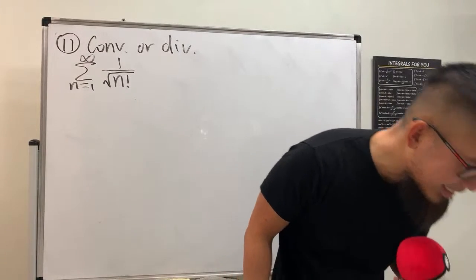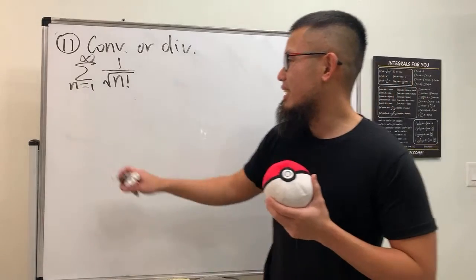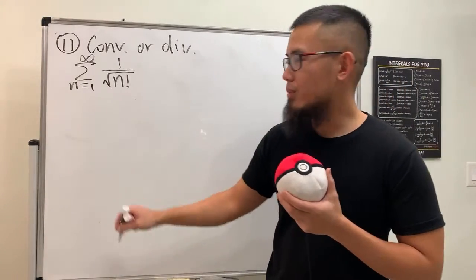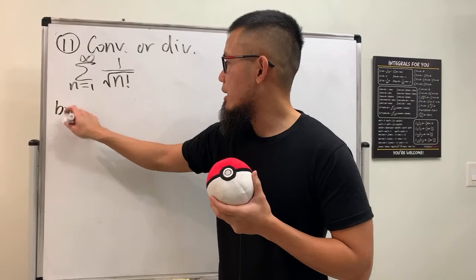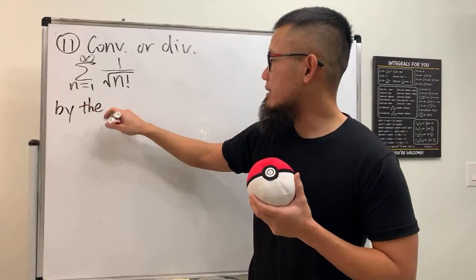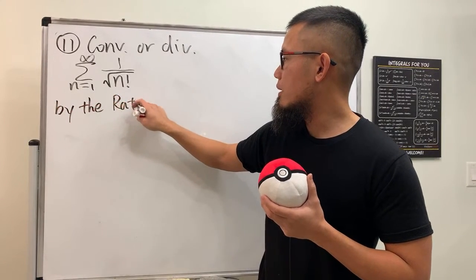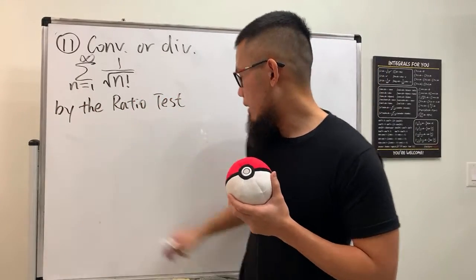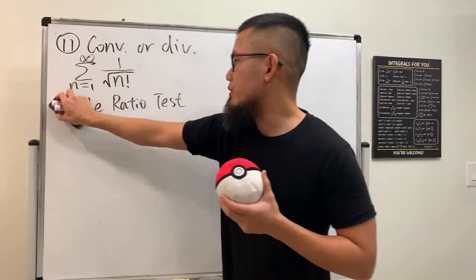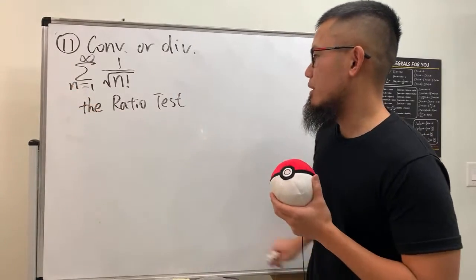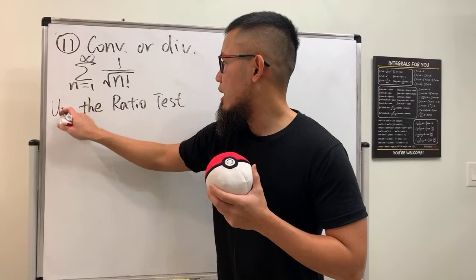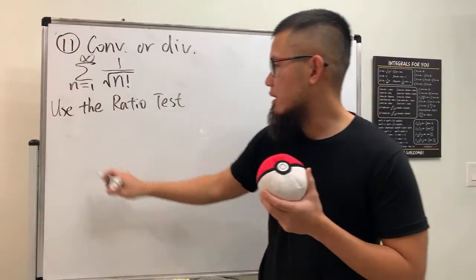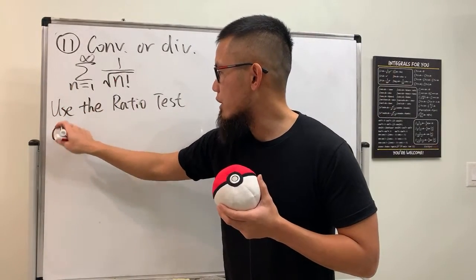Ratio test. That is correct. So right here, we're just going to do it by the ratio test. So I'll just say by the ratio test. Technically, right here, I should say use the ratio test because this is our work, right? Use the ratio test. So for the ratio test, what we are going to do is we are going to